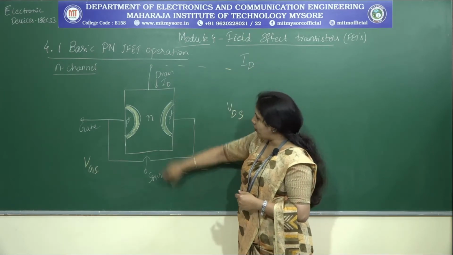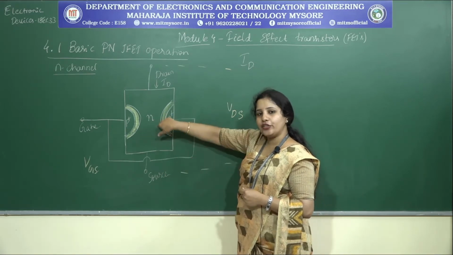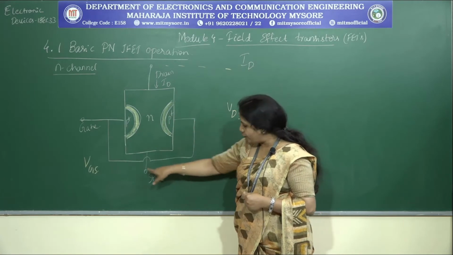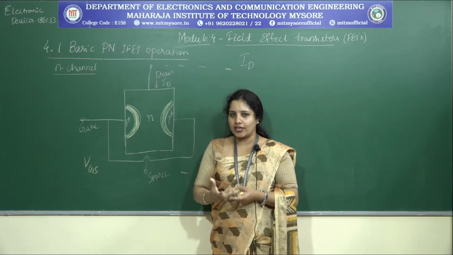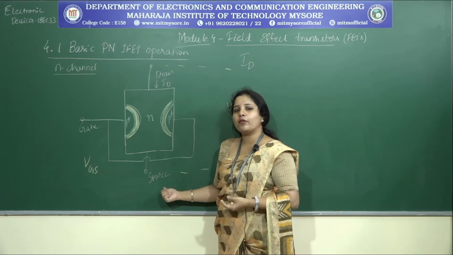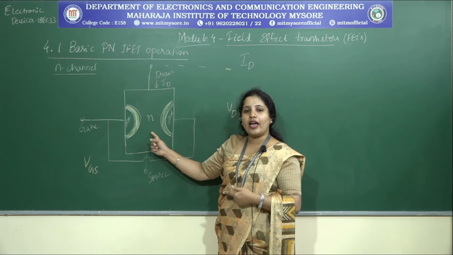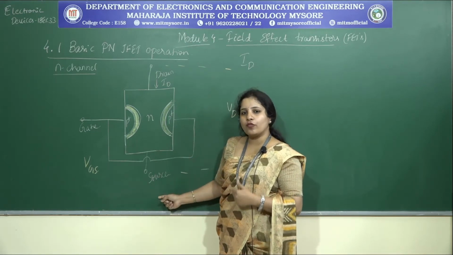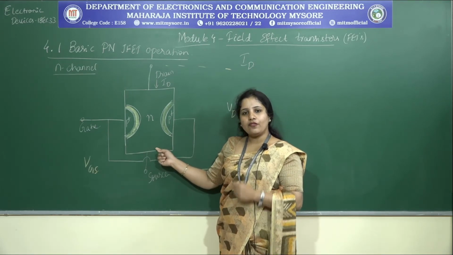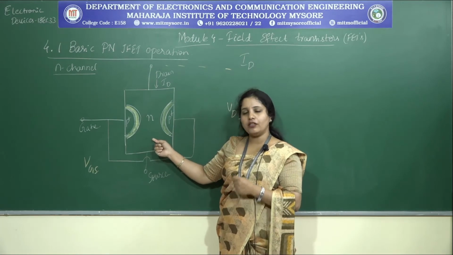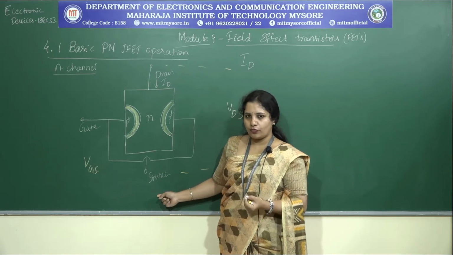Now, the terminals that we have: the source is the one which provides the charge carriers into the device from the external circuit. Therefore, it is referred to as source. What is the meaning of source? The one which provides certain things, right? Here, it has to provide either holes or electrons. Since we have an N-type channel, the source is the one providing electrons to the device from the external circuitry. If I am considering a P type channel, then the source will provide what kind of charge carriers? It has to be the holes. All of you got this point?